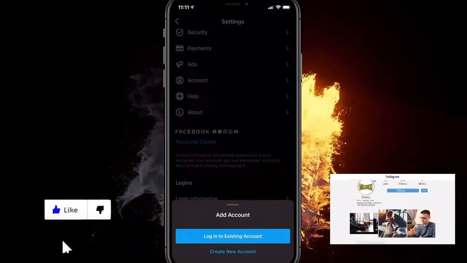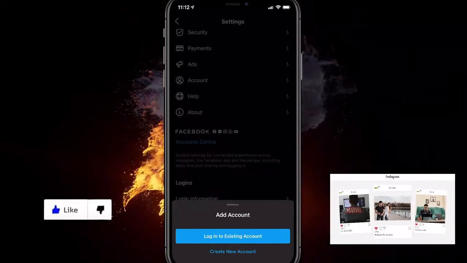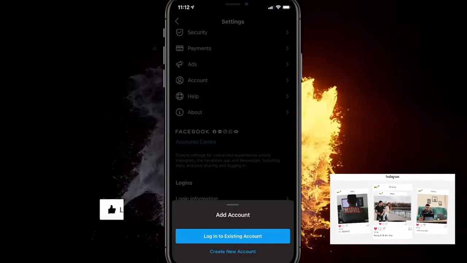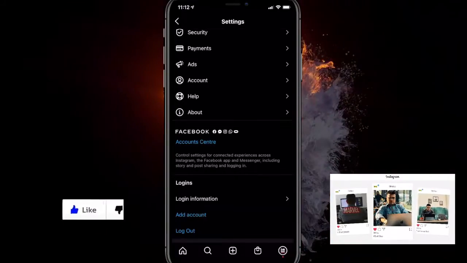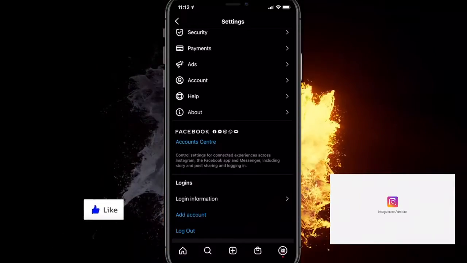Something that you need to know is the maximum accounts you can add at the same time is 5 on your device. Some people do weird stuff like clone the app or stuff like that to have multiple devices if they're running